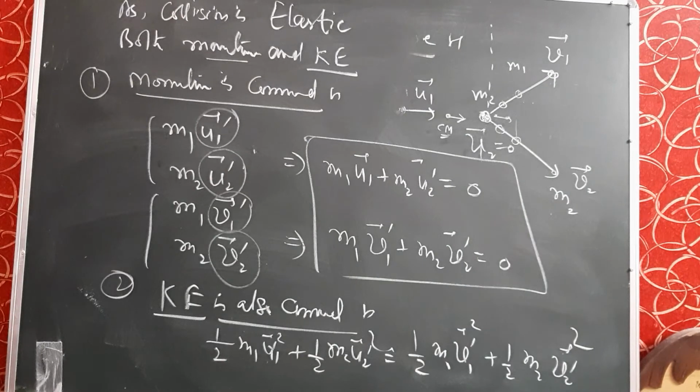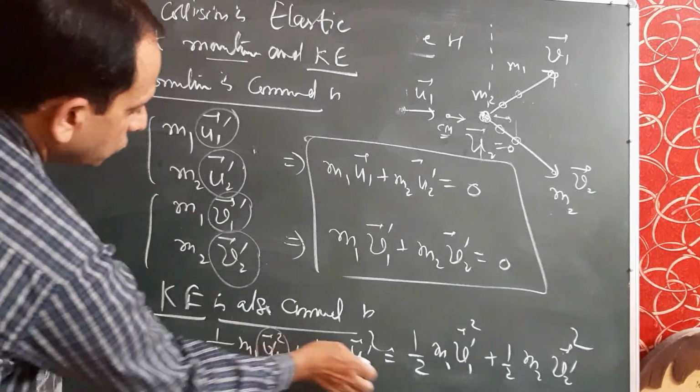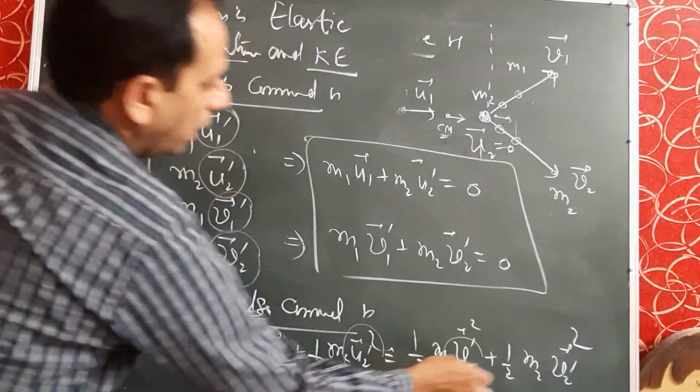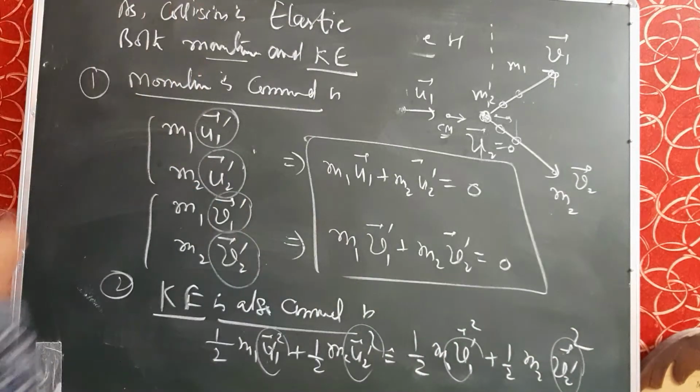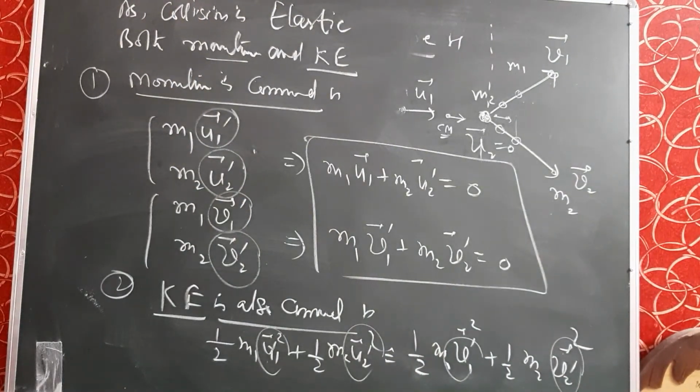This is the equation for kinetic energy. So, again on putting the values of u1 dash, u2 dash, v1 dash and v2 dash, which we have already discussed, we will finally find that